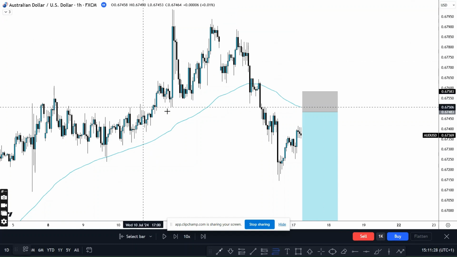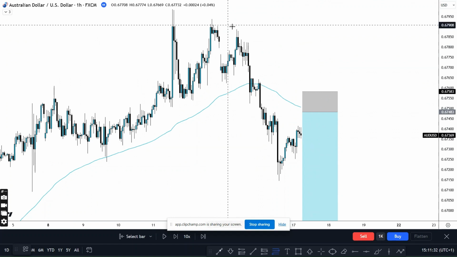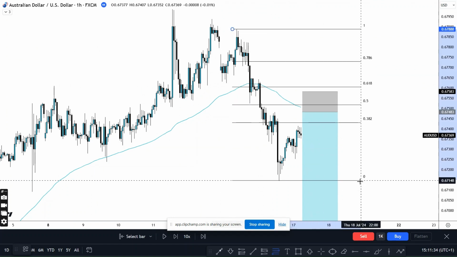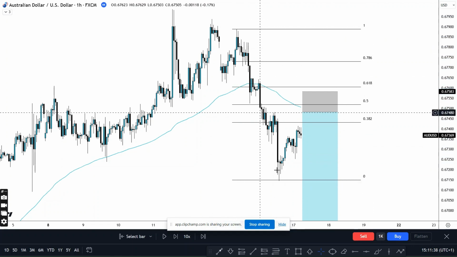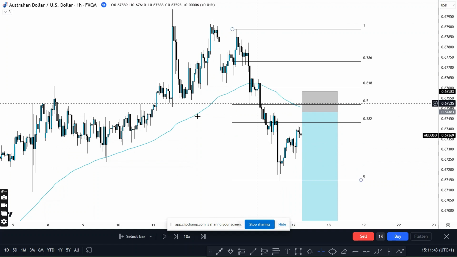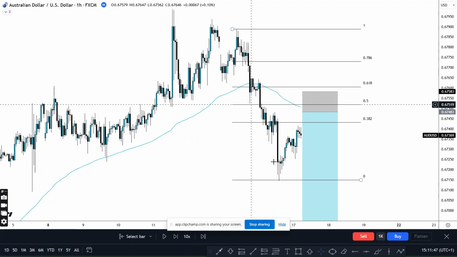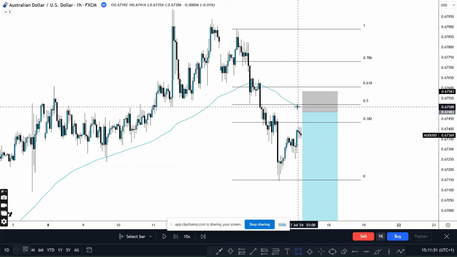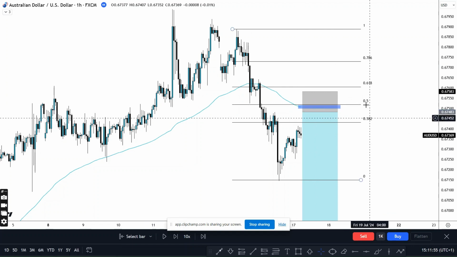So price had officially broken structure to the upside on the 1 hour time frame, and I was now looking for shorts within the market. So all I did, I drew my Fibonacci from the high down to the low, and I noticed that there was a 100 EMA nicely respected in the past over here, and then was going to be broken, retested. I also identified that the 50 Fibonacci lined up with the EMA alongside the round number to the right hand side of